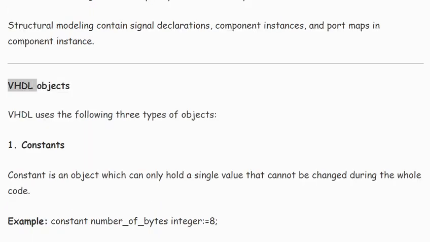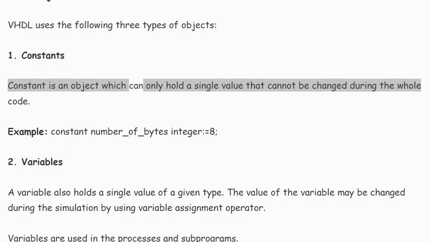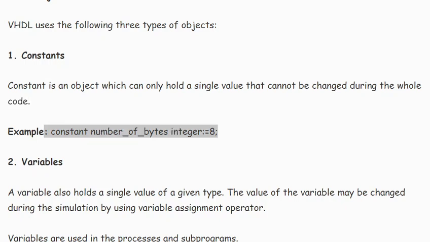VHDL objects. VHDL uses the following 3 types of objects. 1. Constants. A constant is an object which can only hold a single value that cannot be changed during the whole code. Example: constant number_of_bytes: integer := 8;